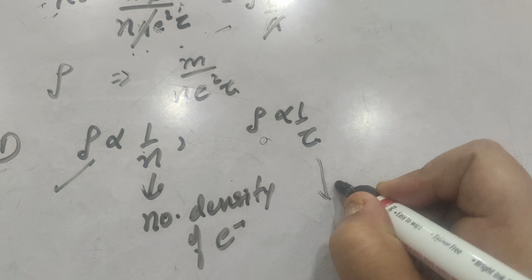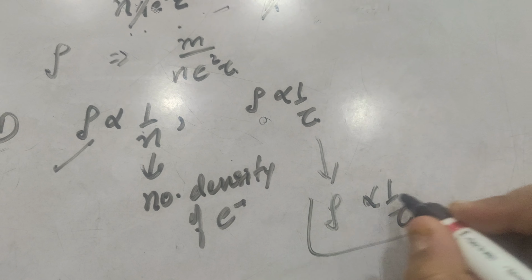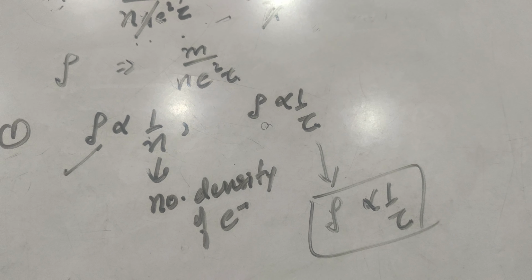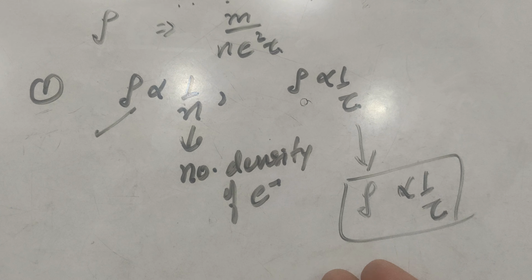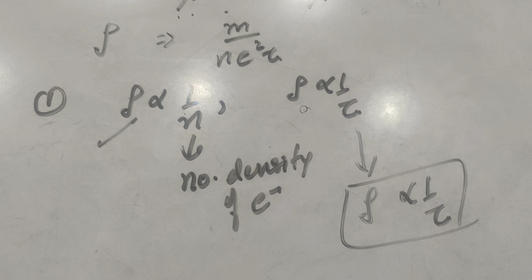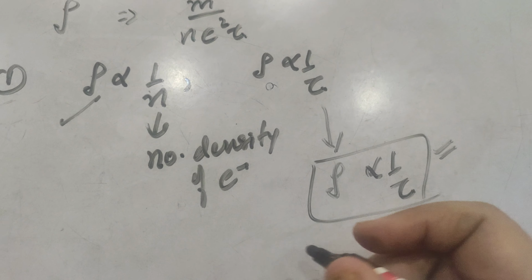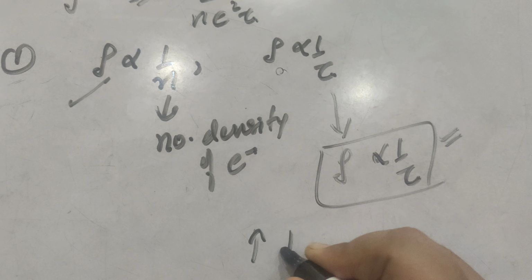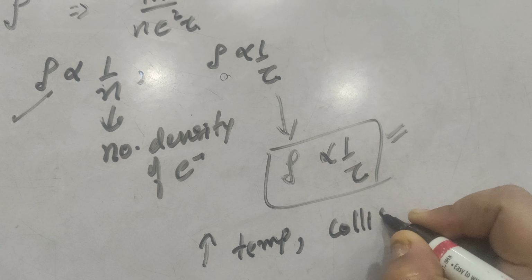Second is very important, that is rho is inversely proportional to tau. Sometime this question comes, explain the effect on resistivity of the temperature. How does temperature affect the resistivity or resistance of the conductor? Now to explain this, we will use this concept. On increasing the temperature, collisions increases,